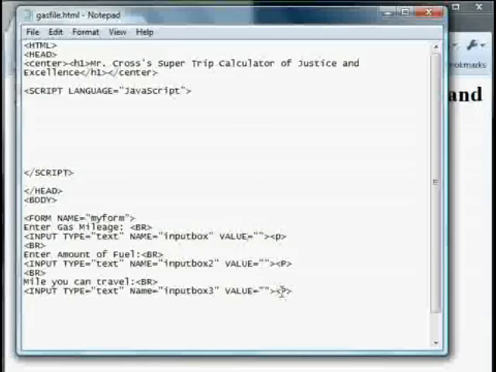And I probably messed up a couple of little things in there, but it should be okay for now. And let's do our break again. And lastly, we need some sort of input button. So we're going to do an input type equals, and this time we're going to do button, and we're going to give it a name of button,